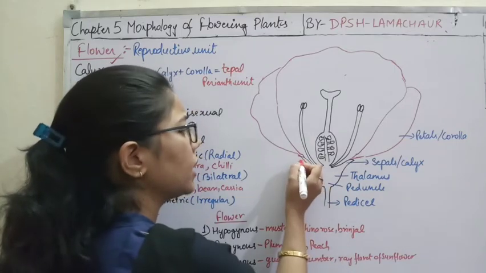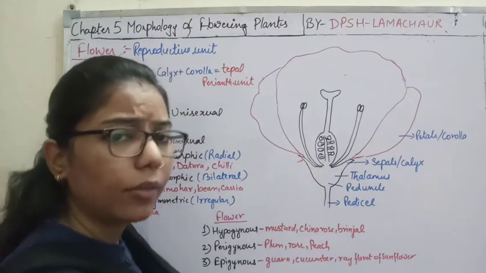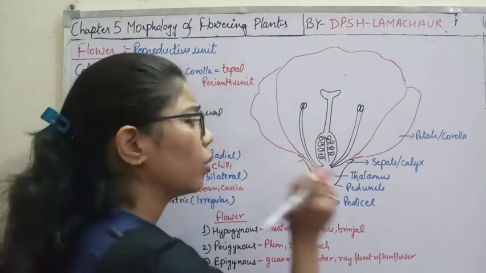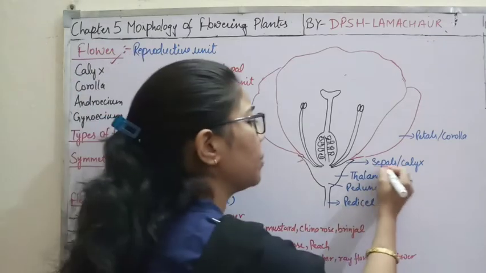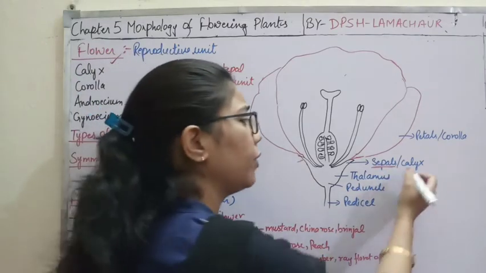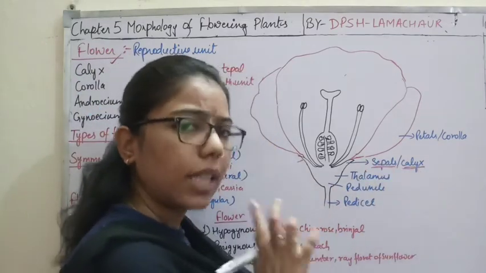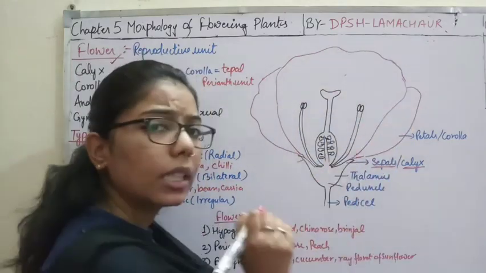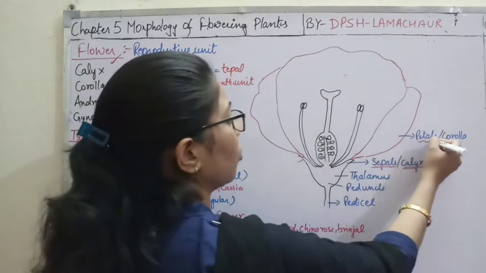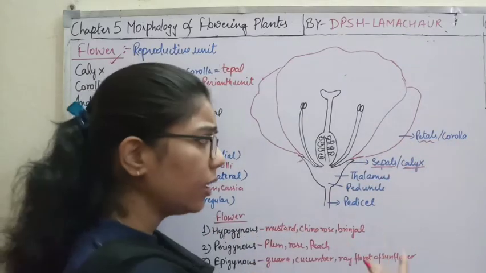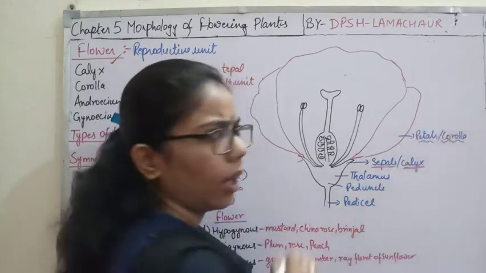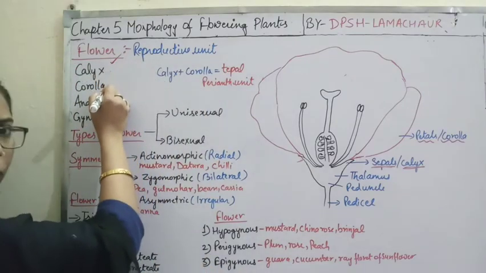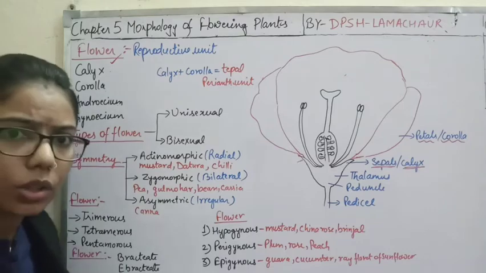And here you can see these are the sepals. We know that a flower has sepals and petals. In biology, the scientific name for sepals is calyx. Now these colorful parts are known as petals, and another name for petals is corolla. So we have how many parts? Calyx, corolla, and the third one is the androecium.